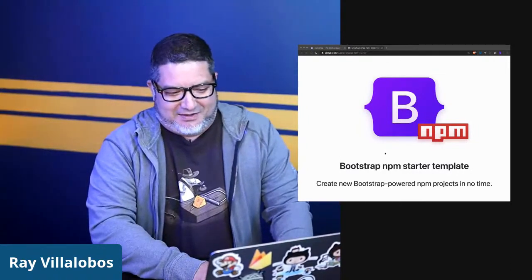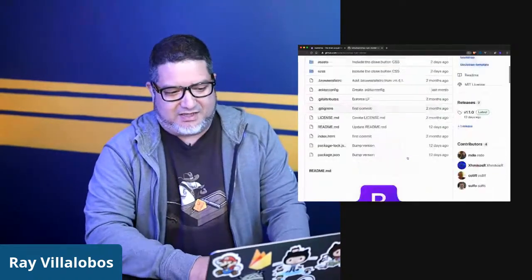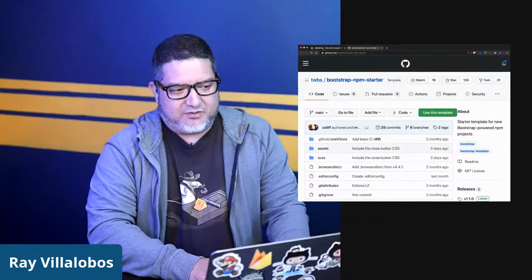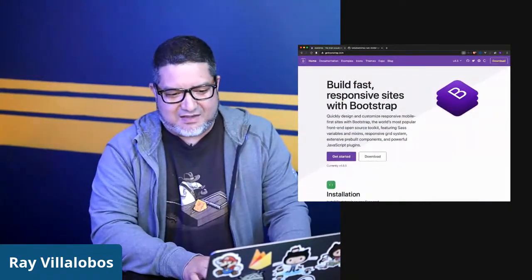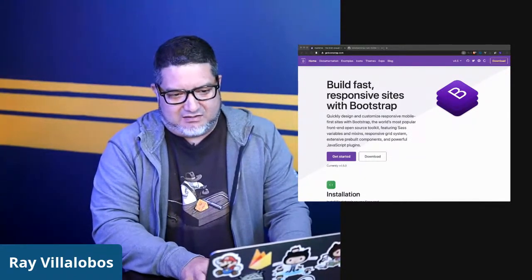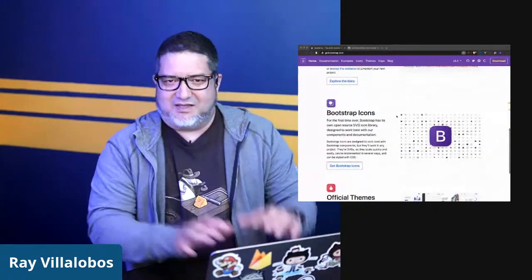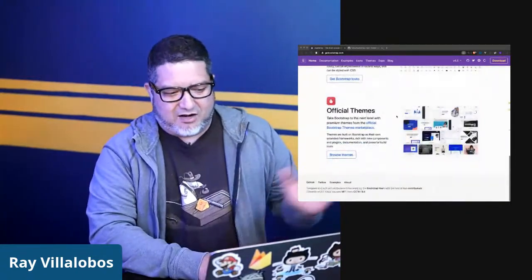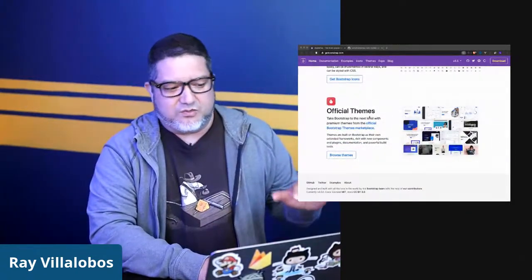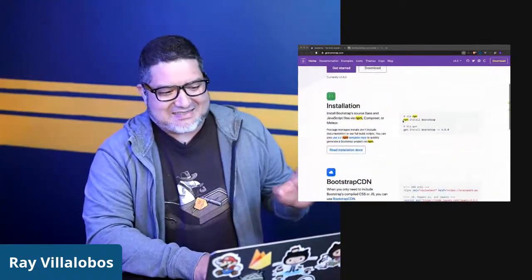So we are looking at something called the NPM starter template, and it's really just a GitHub repo. If you go to the Bootstrap website, you'll see that there are all these different side projects that they give you access to, and one of them you may have heard of is Bootstrap Icons. That could be another episode. And then there are official themes that you can use to create different websites,